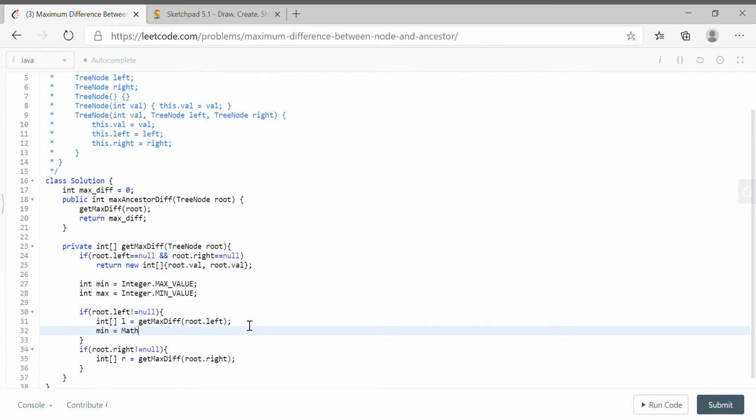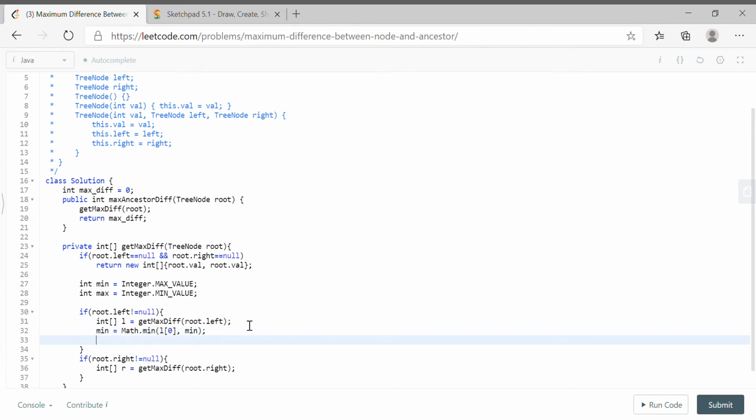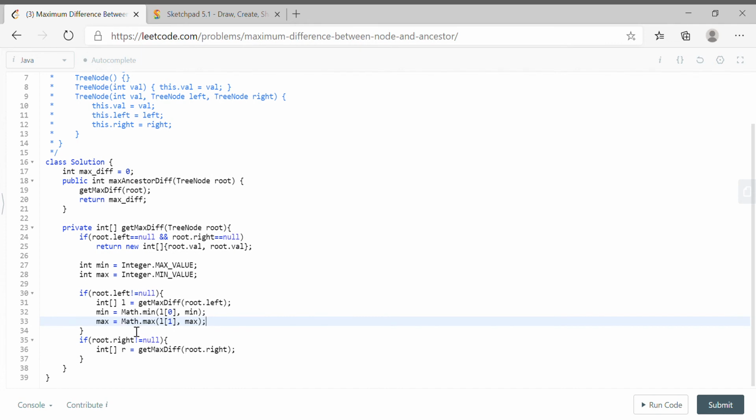So min is nothing but Math.min of L of 0 comma min, and max is nothing but Math.max of L of 1, because we are always adding the max value in the second index, nothing but L of 1.